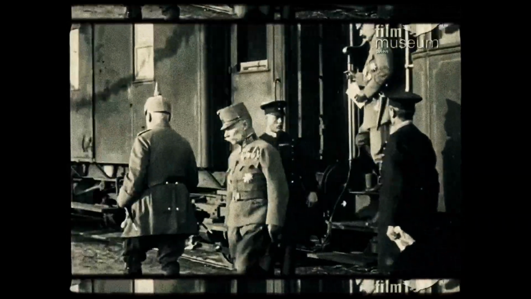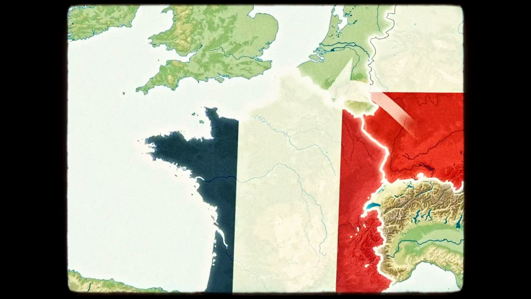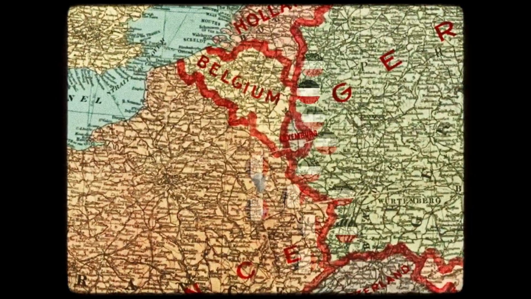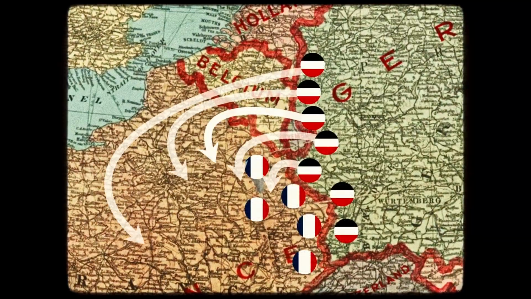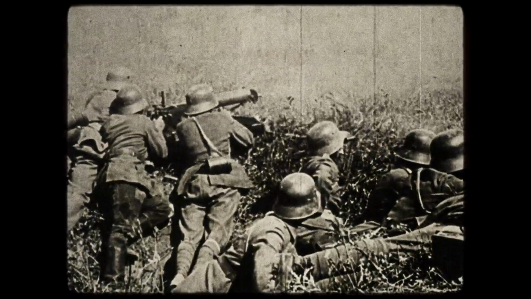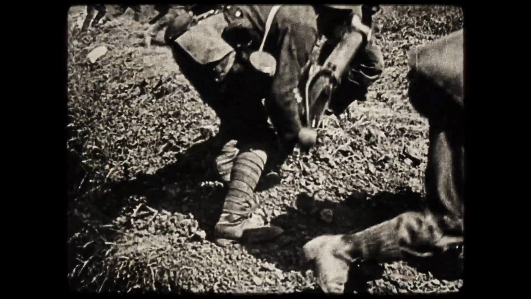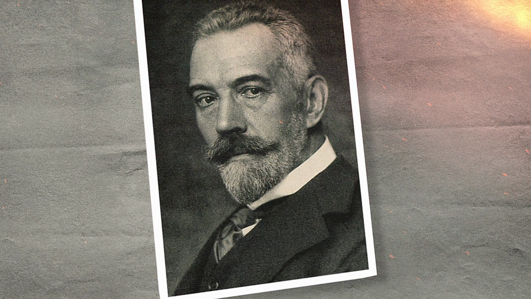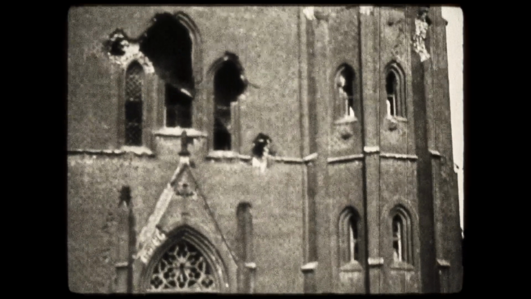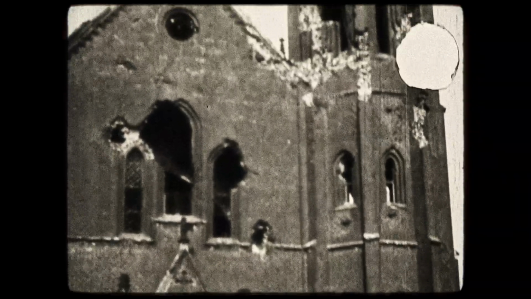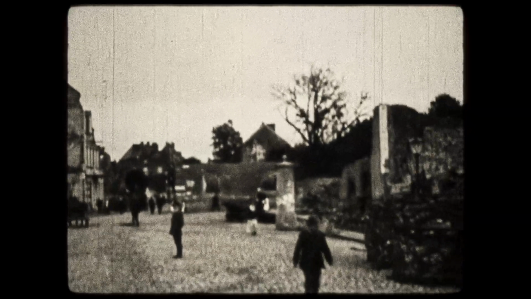To bypass France's heavily fortified frontier, the German Schlieffen Plan required a massive advance through neutral Luxembourg and Belgium. On August 4, 1914, German forces crossed the Belgian border. When challenged, German Chancellor Theobald von Bethmann-Hollweg dismissed the treaty guaranteeing Belgian neutrality as a scrap of paper, justifying the invasion through the doctrine of Notstand, necessity, arguing that necessity knows no law.